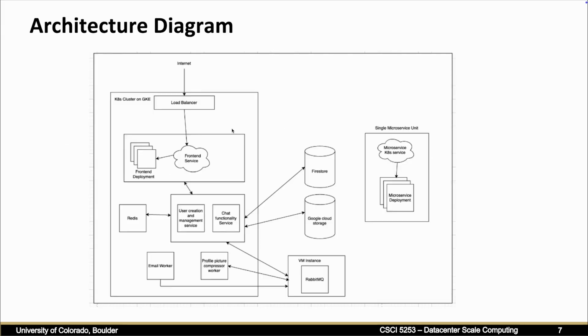So this is our architecture diagram. We have the front end service connect with the load balancer of the GKE, and the client can connect to the front end. The front end is going to have constant communication with the back end microservices. There are two. The chat functionality service is used for the real-time chat application that uses Socket IO. Here we use session affinity so that a client once connected to a pod will stay connected until he logs out. This is to make sure that there is a particular channel that always stays open between the user and the backend service,